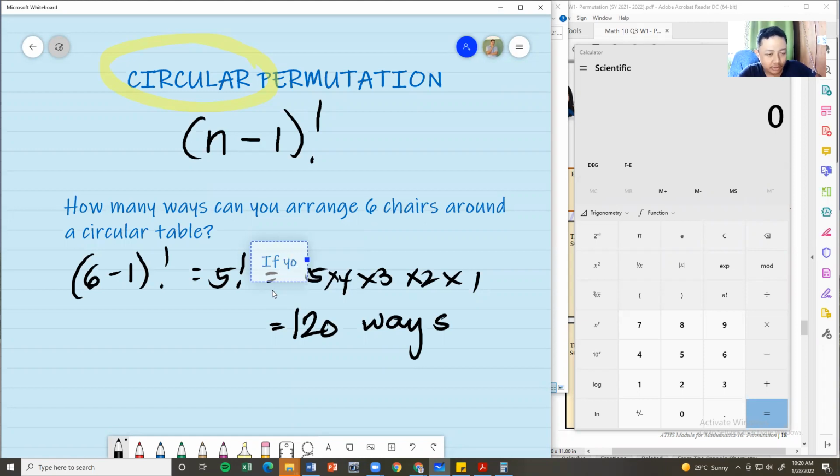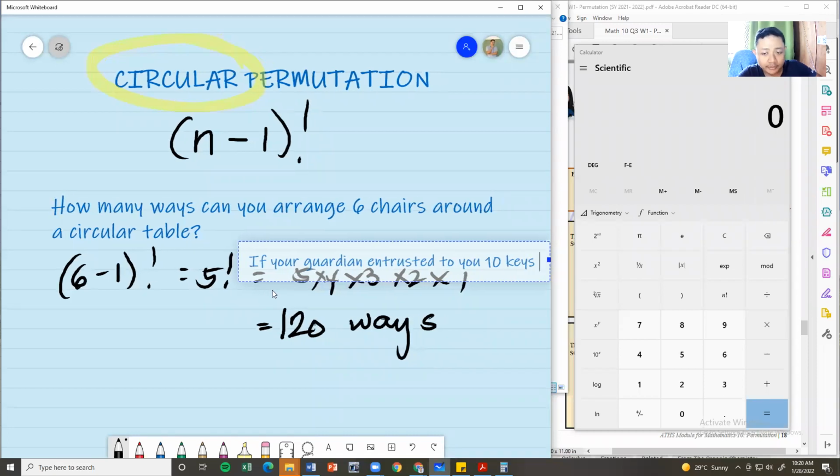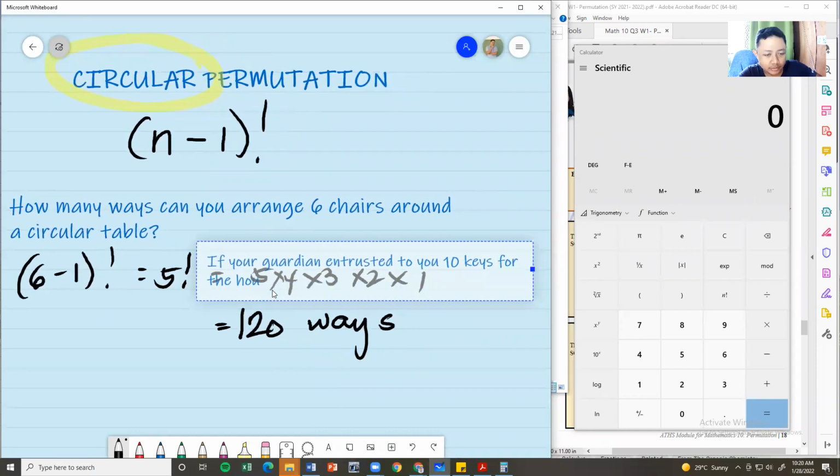If your parents, or your guardian, so that it covers anyone, if your guardian entrusted to you 10 keys for the house, in how many ways can you arrange these keys